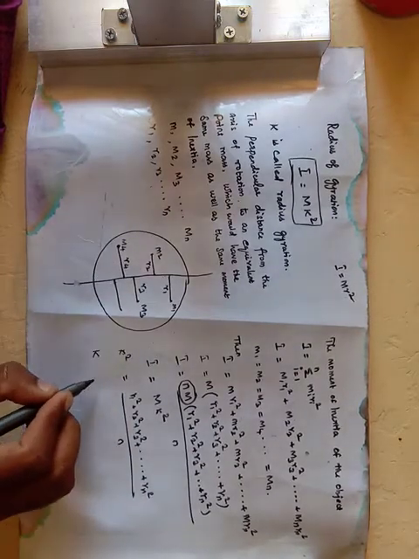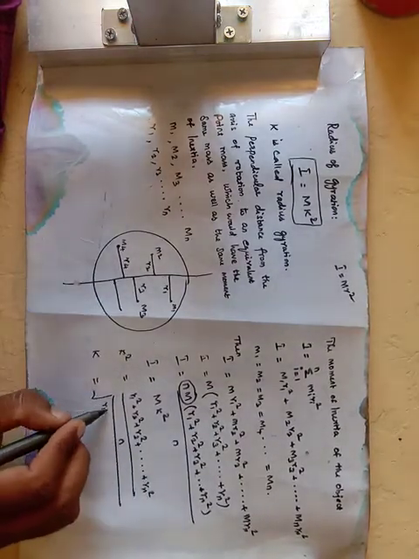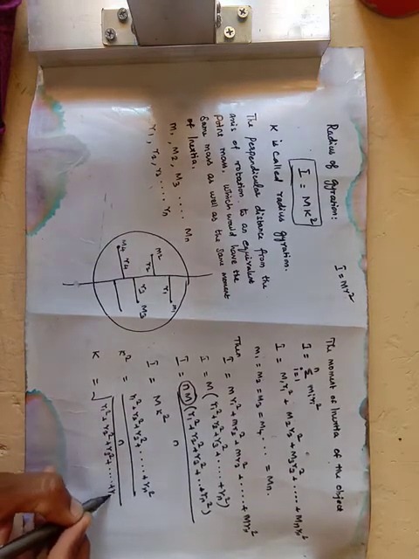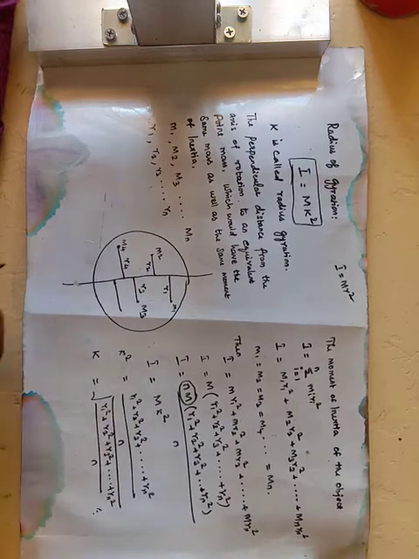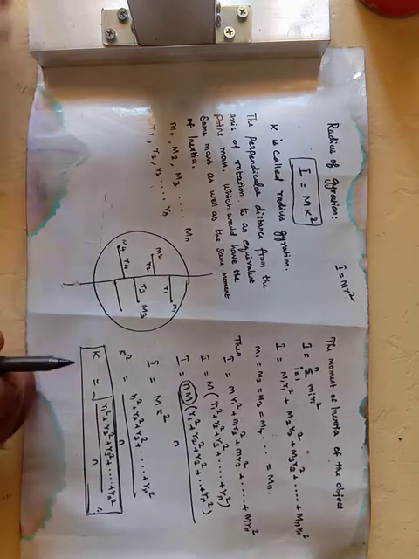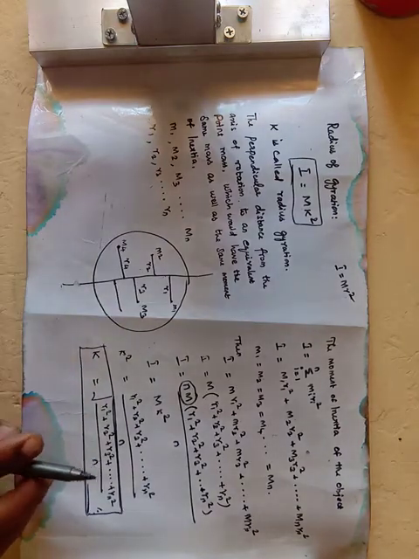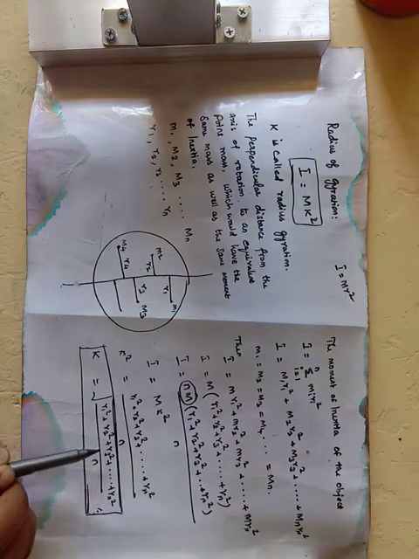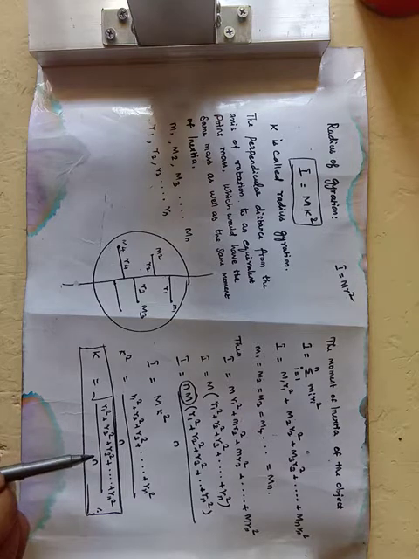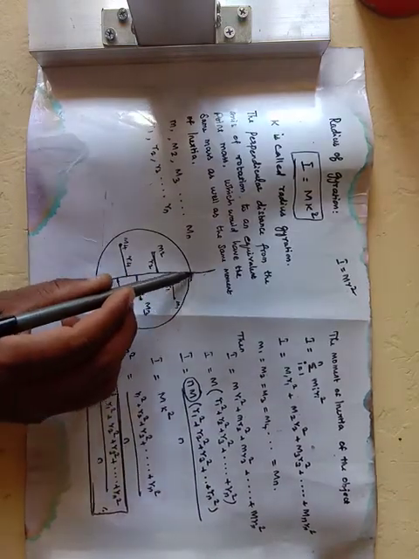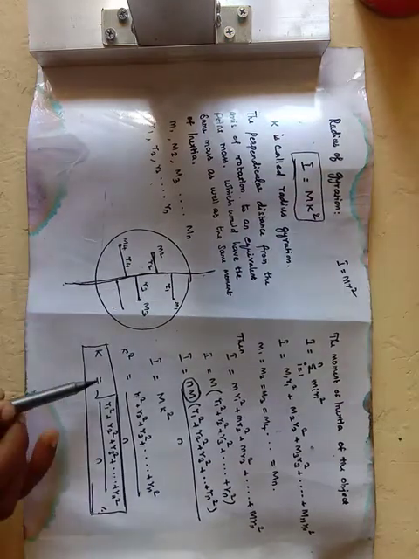So from this we can write what is the k? K is equal to root of r1 square plus r2 square plus r3 square and so on plus rn square divided by n. Okay friends, so this is the value of the radius of gyration. The expression for radius of gyration indicates that it is the root mean square distance of the particles of the body from the axis of rotation. R1, R2, R3, R4 are the distances from the axis. This is the axis.